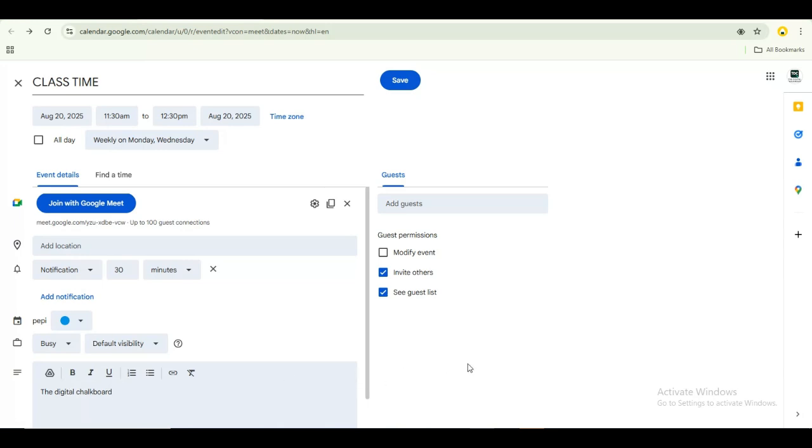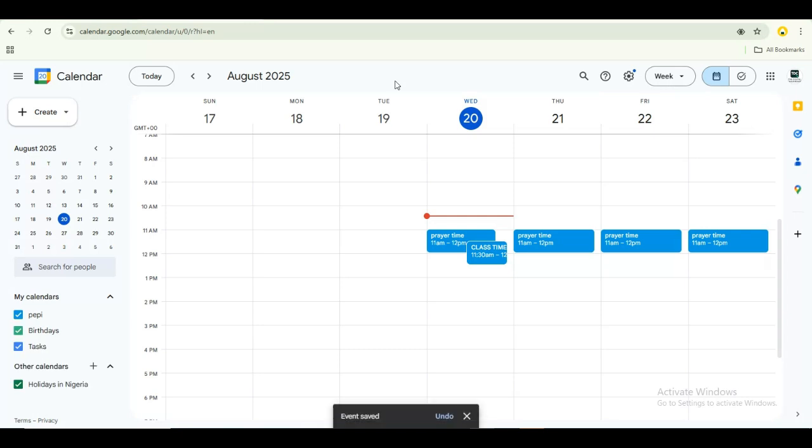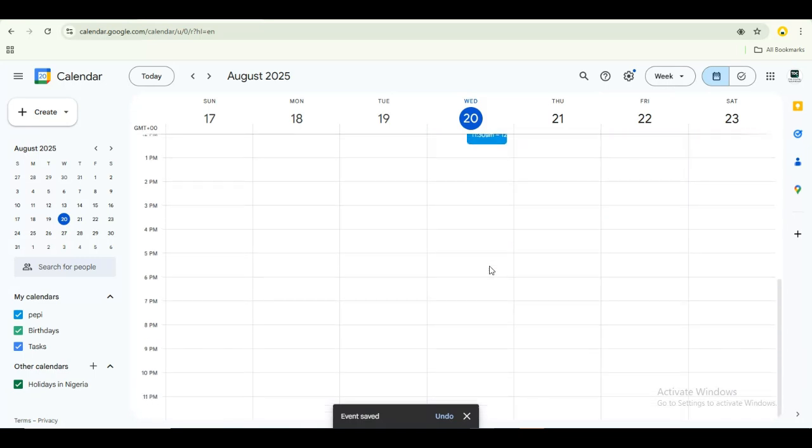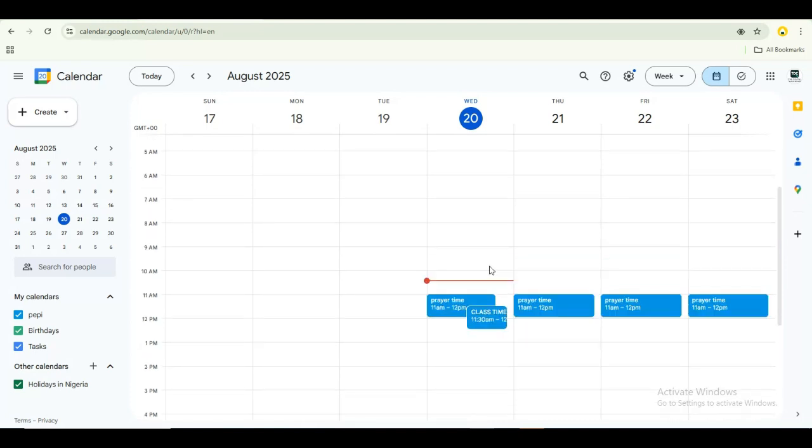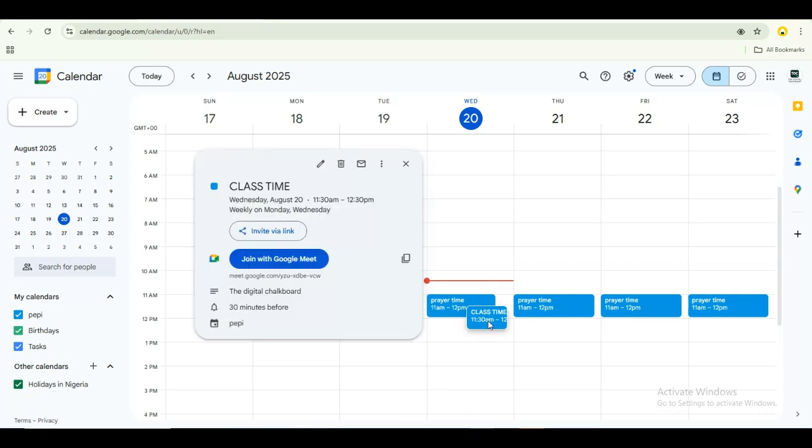So when you're done with this, all you need to do is click on save. Once you do that, it will automatically update and redirect you here. Remember, we chose Wednesday, so you have the class on Wednesday. You realize that it will always be on Wednesday as well as on Monday. So when I click on this now, it shows me the schedule. This is our schedule. You can copy the link